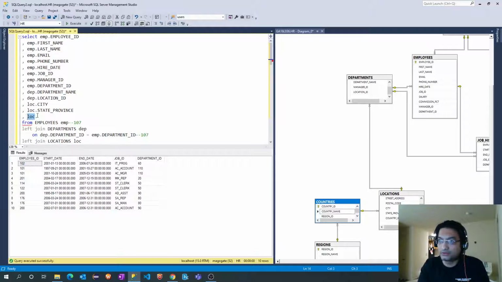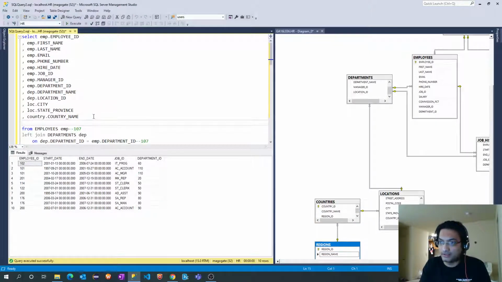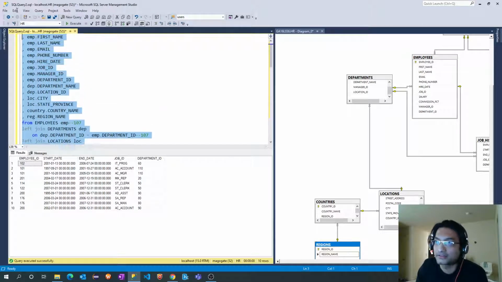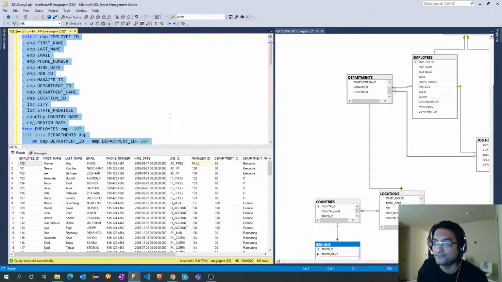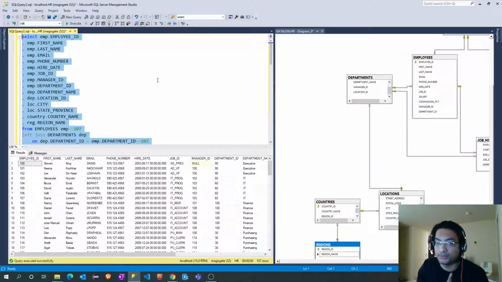So I will add country dot country name, and let's add region name as well, which is under the region table, region dot region name. All right. So if I run this query, I should still see 107 records. Yes, I can.